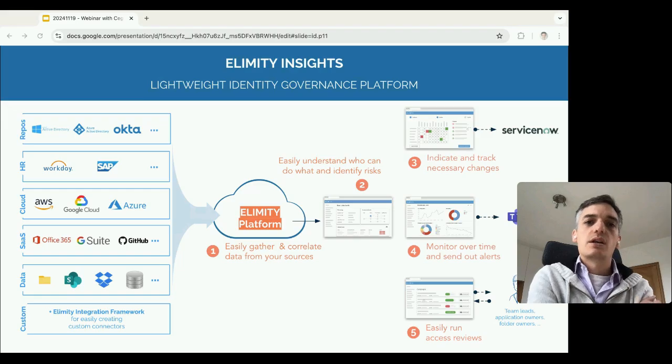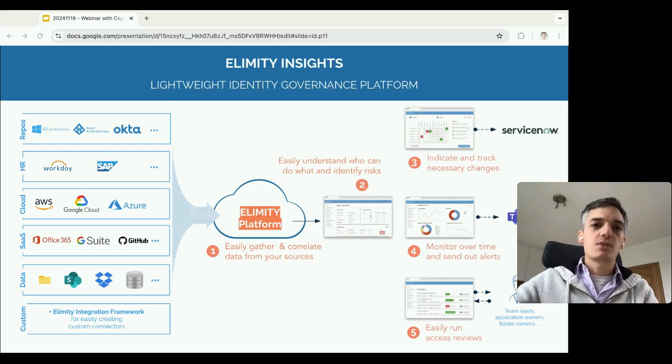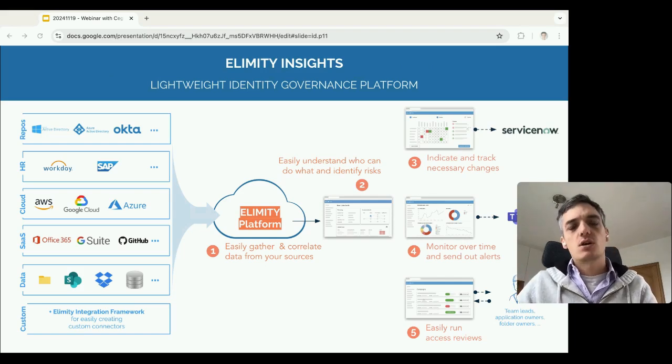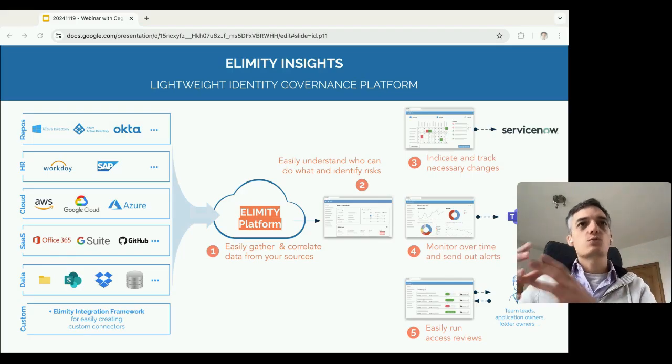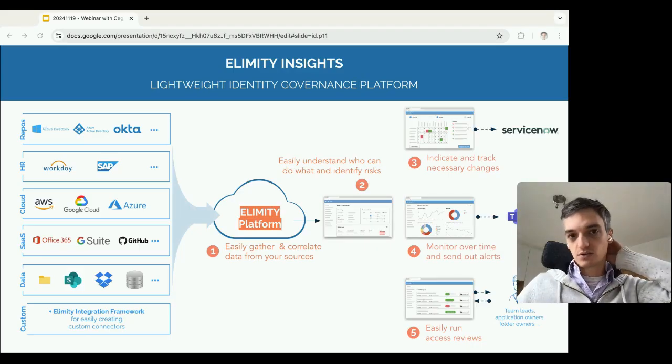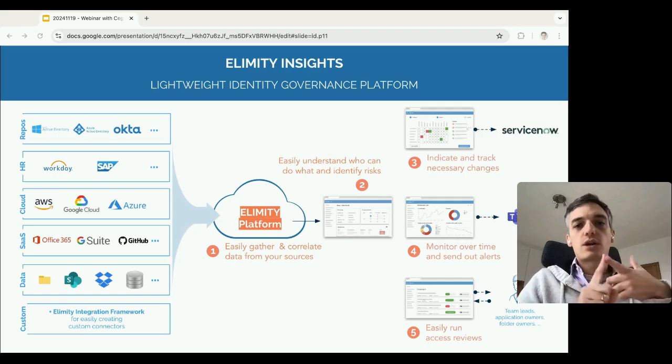And so at Elimity, we provide a platform specifically for this. I would say, in layman's terms, think of this as a sort of Power BI specifically built for IAM, and it goes a bit further than just reporting as well. In essence, the platform enables easy data collection from your most important sources, and it's always from a risk perspective. So what are your critical applications? Where is the identity data located for those sources? There we want to get the users, the permissions, the roles. That's the type of data that we're talking about,